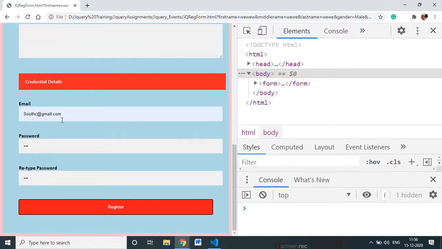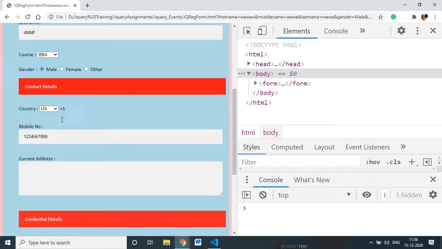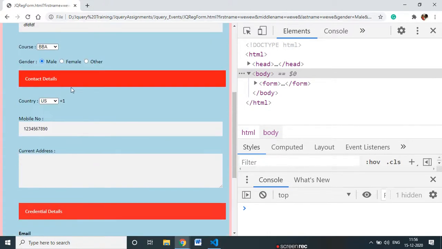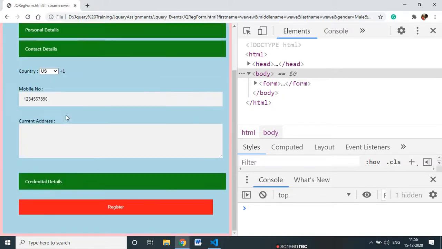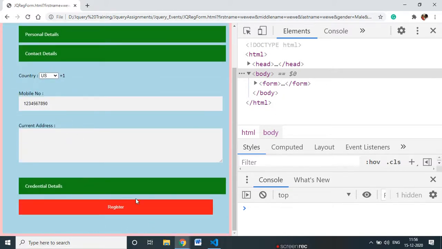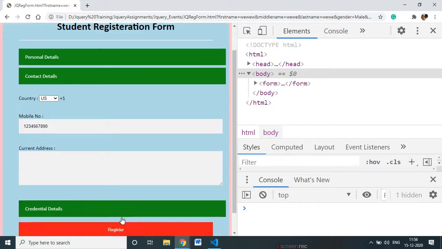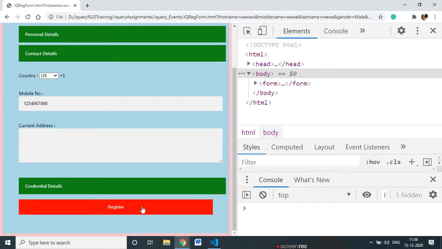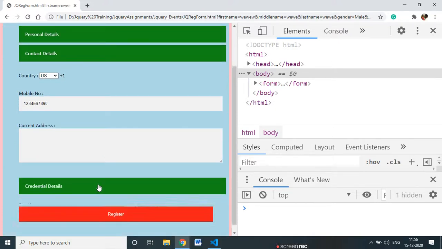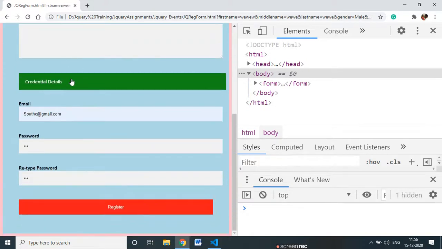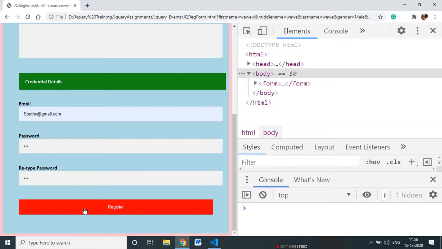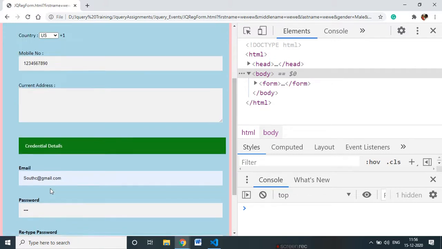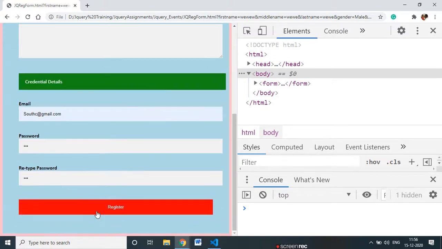But here one thing we need to keep in mind. Once I click, it will become green, once I click, it will become green. After all these sections are green, then the register button needs to convert into green. As of now it's red, but it should become green.